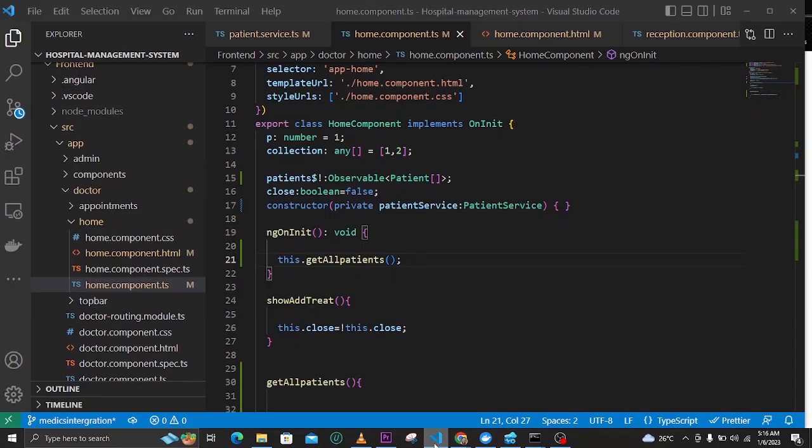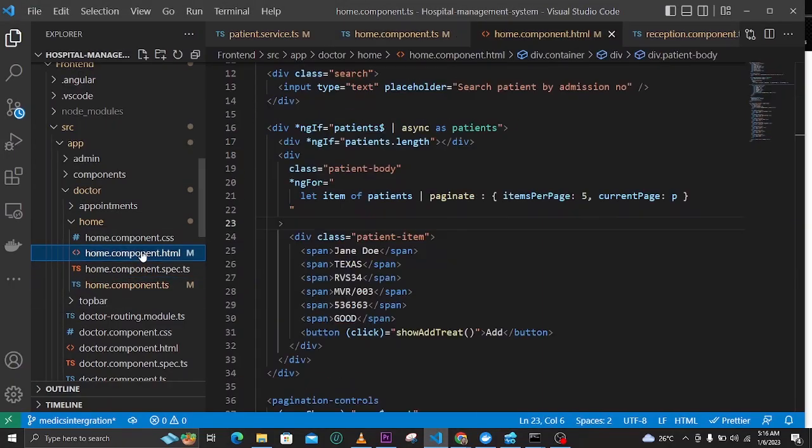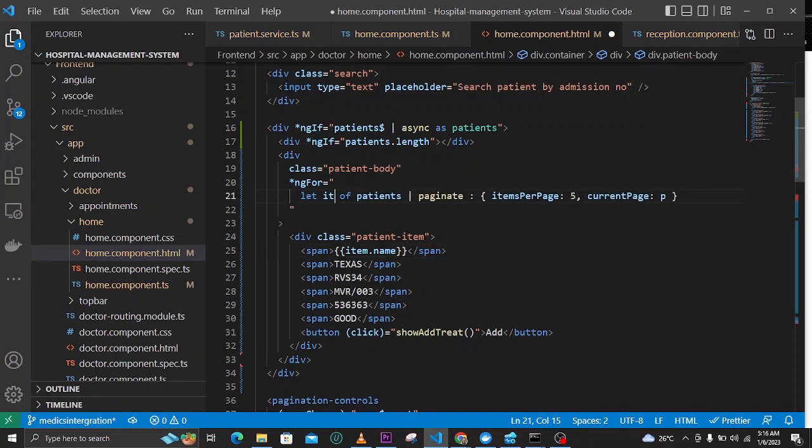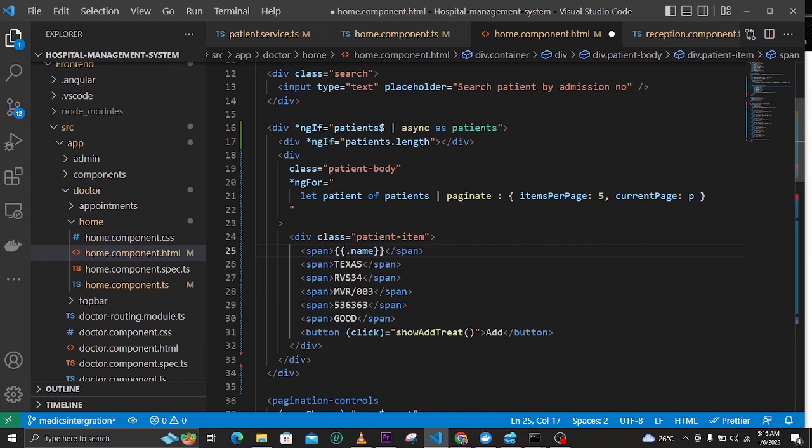So now let's come here in our application, in our HTML, and try to interpolate the data that we are getting. The first thing is item, and it should be patient to make more sense. Because we are looping through patients, we get patient, and here we can get patient